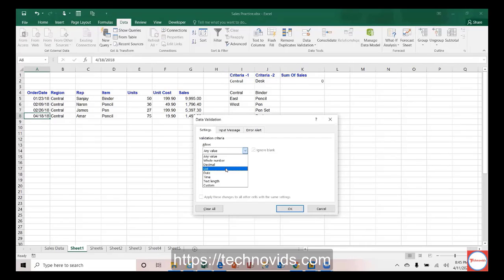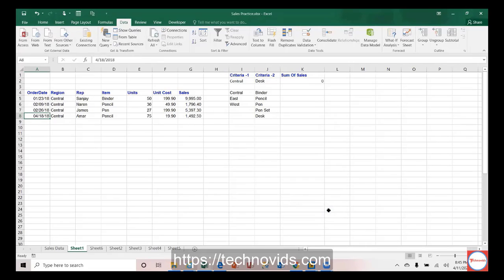Okay, that's what we are going to see. In the previous example I have shown you already, I can come up with a unique list of regions and a unique list of items, right? So if I leave it to the user to enter, the user may enter some other region which is not business related, like north, which is not there, correct? Or the user may make some mistake, for instance entering center instead of central. This is a mistake, right? There is no region called center. There is only central. Region is central.